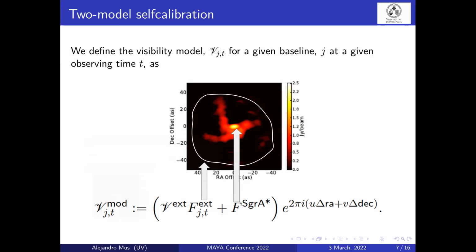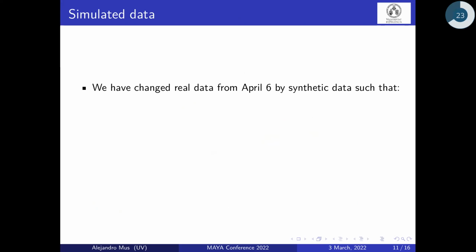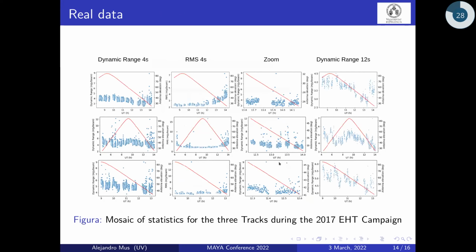Maybe I can ask one more question. We still have a bit more time, not too tight, so you can answer more. I have a question about the astrometry and the correlation with the elevation. This is just due to the atmosphere, right? Is it atmospheric dispersion? In principle, yes, this is due to the atmosphere. We haven't entered into the full details, but we have considered along the work that this is due to the atmosphere, because even in the real data we see the same correlation.